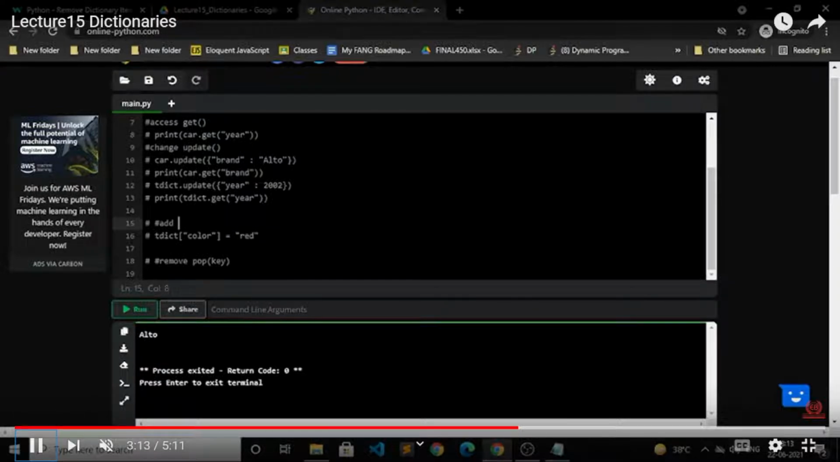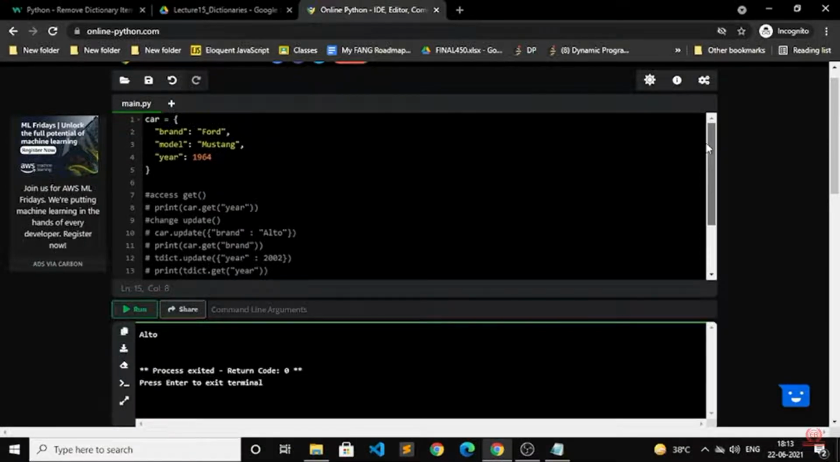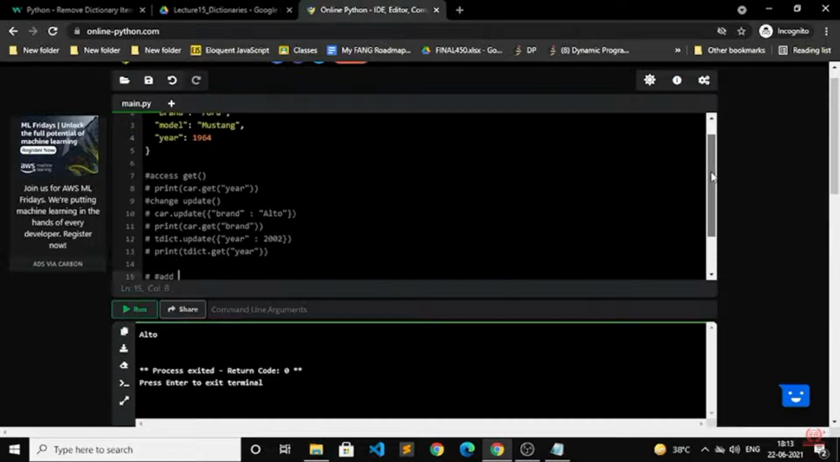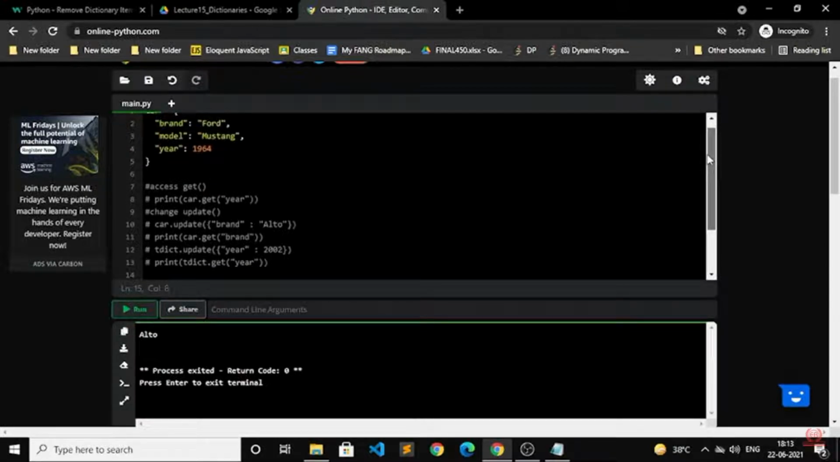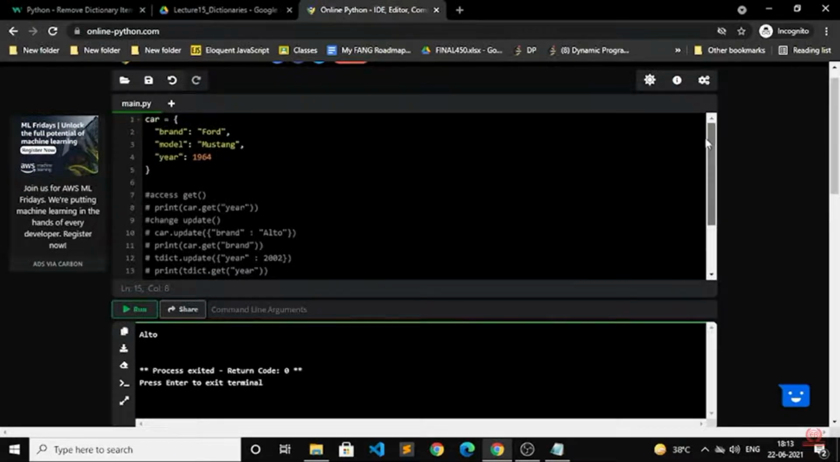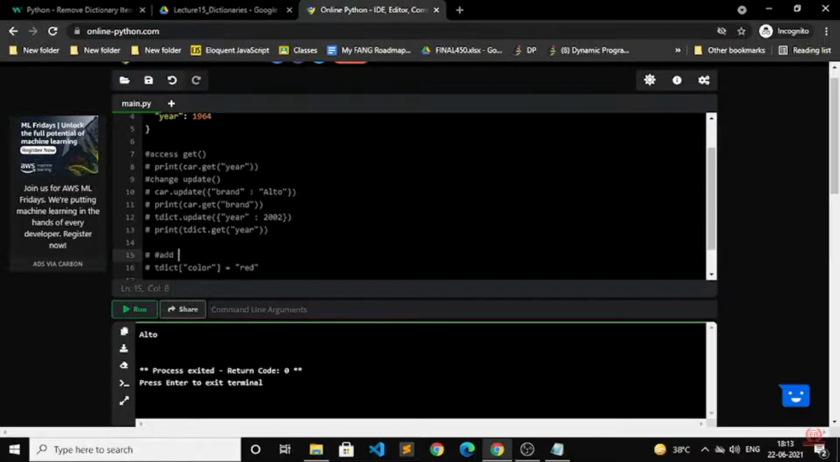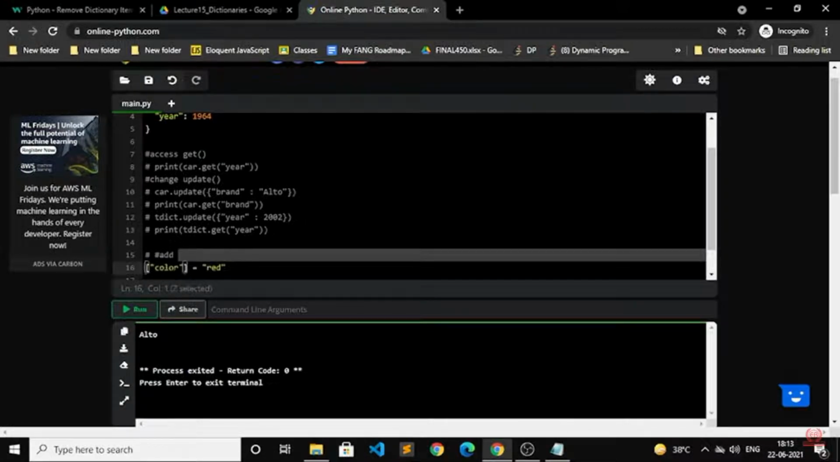How can you add anything inside your dictionary? If you want to add some details, how can you add them? It is very easy to add. If you want to add details to the dictionary related to the car, I have to write one line of code for that. I want to add the color. So I will write color equal to red,